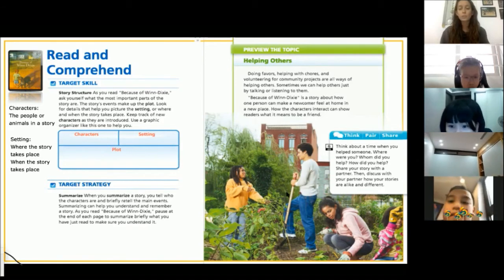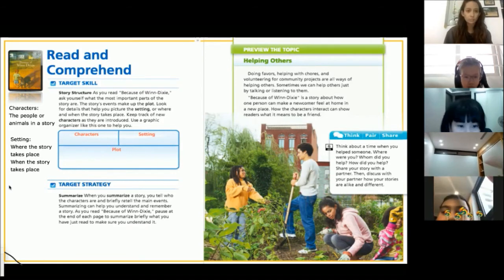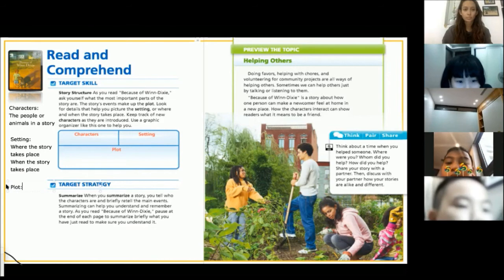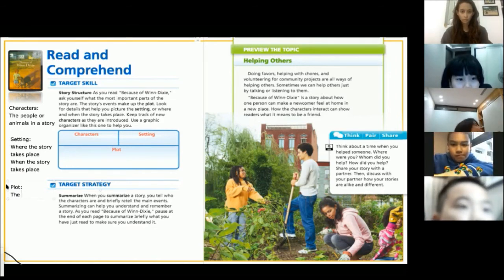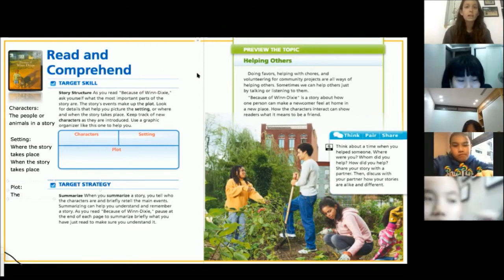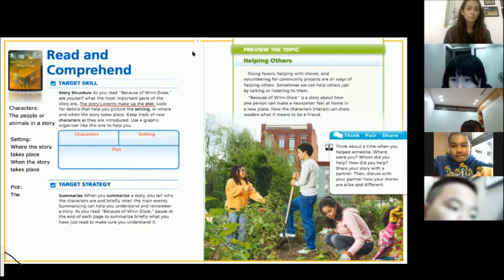Nia-Hung, what do I mean when I say the plot of a story? The plot of the story is part of the story. Nope. Okay, so we need it in the paragraph. The story. The story events make up the plot. Yep. The story. Good job. Okay, so